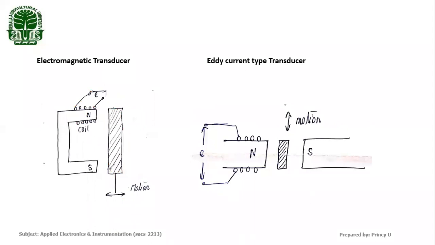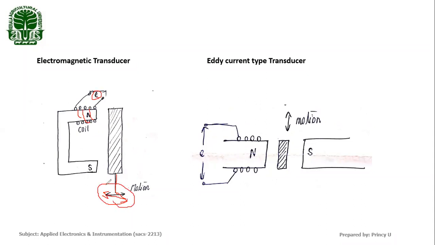Okay, so the object is a ferromagnetic material. This object is attached to the physical motion to be measured. So when we move this ferromagnetic material near to or away from the magnet, it changes the magnetic field. So the flux linked with this coil changes. When the flux linkage changes, a change in EMF will be produced in this coil. So this EMF is proportional to this motion.